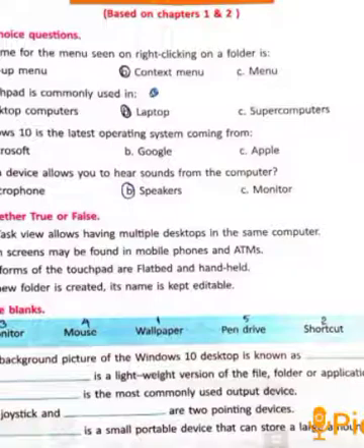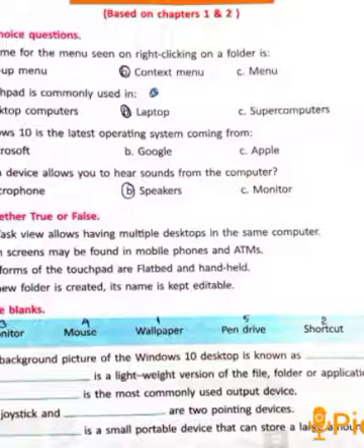The next one, true or false? First one, the task view allows having multiple desktops in the same computer. Answer, true. Second one, touch screens may be found in mobile phones and ATMs. Answer, true.